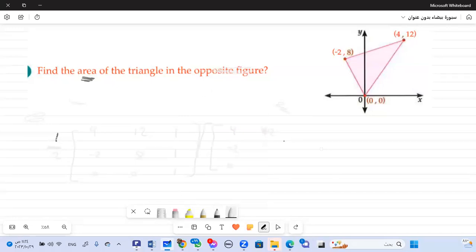4, negative 12, 1. Okay, 1. I will clean this one. Only the first and second column, so 8 and 0. And after that we should make